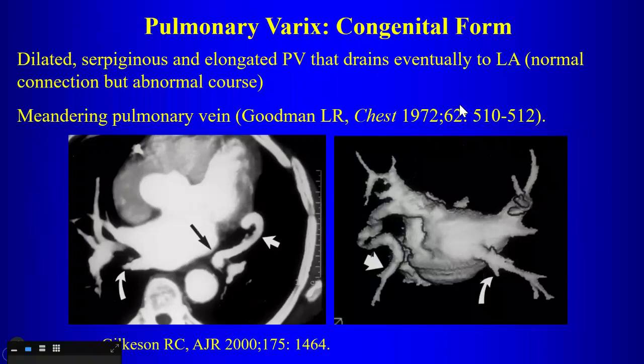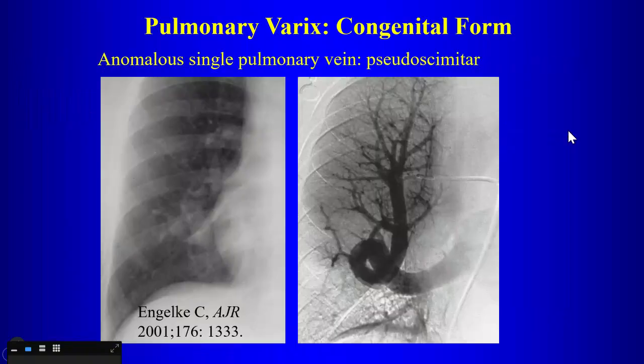And on the chest radiograph, it might appear as this retrocardiac round opacity, marking the insertion of the pulmonary vein there. But there is a congenital form of these also, where you can have a dilated, serpiginous, elongated pulmonary vein that eventually drains to the left atrium. And sometimes it's one single large dilated pulmonary vein. So this is called pseudo-scimitar, right? What's the difference between this and scimitar? Scimitar is